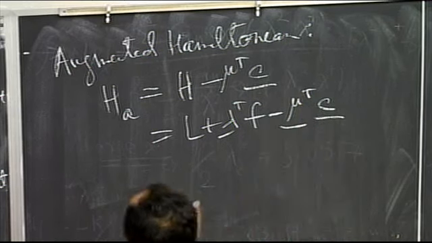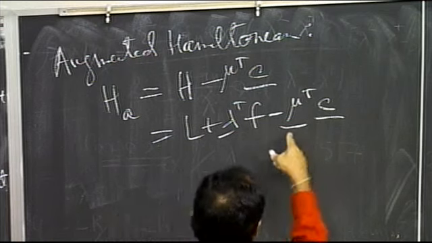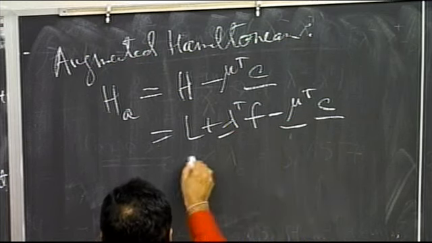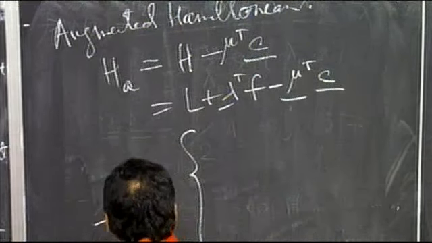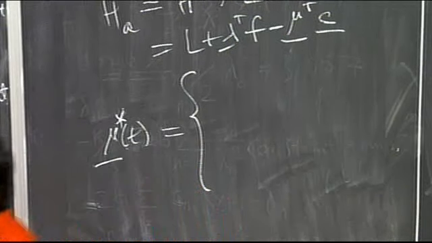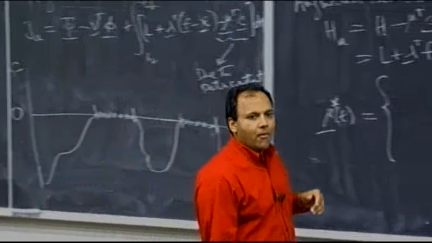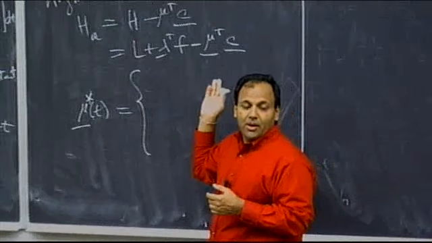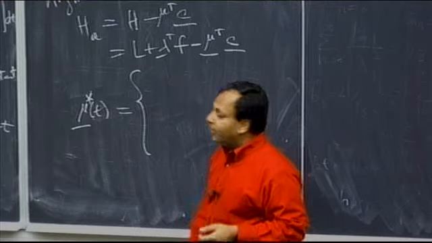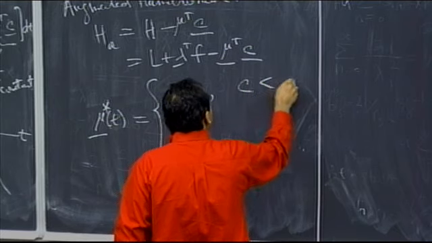Now the problem with the constraint is the constraint may or may not be active, right? So what happens is that this multiplier is mu. Mu takes on the following form. What happens if the constraint at any point in time, and when I say this, this is mu of t, so mu star of t if you really want to get technical about it. If the constraint's inactive, what does that multiplier have to be? 0, right? Because if it's not 0, I'm going to be adding something to this function which can't be there because the constraint's inactive. It's as if it wasn't there. So if mu star of t is equal to 0, it means that c has to be strictly less than